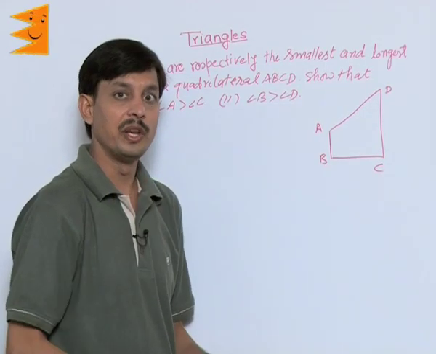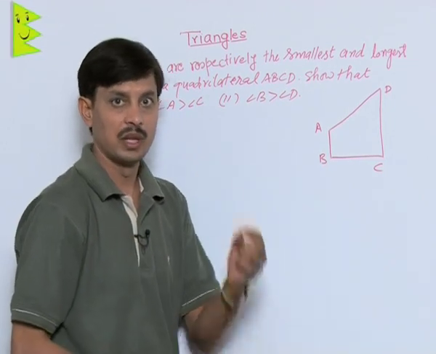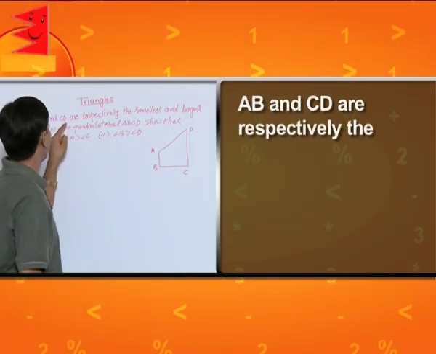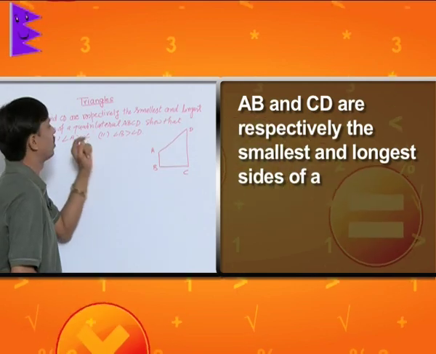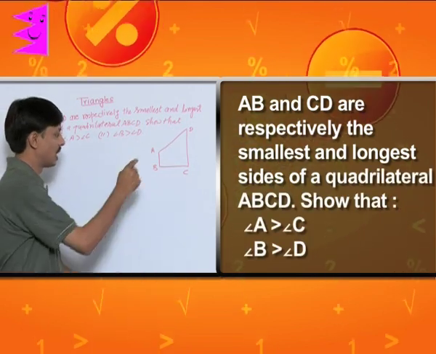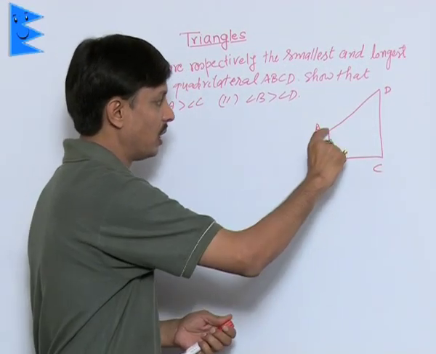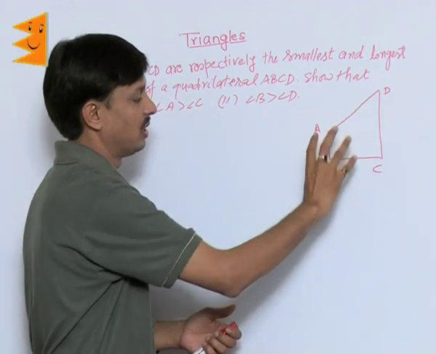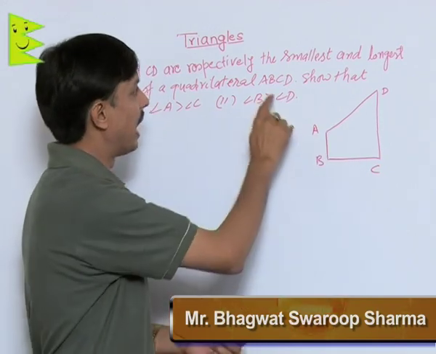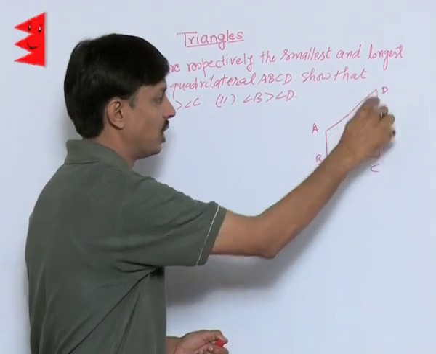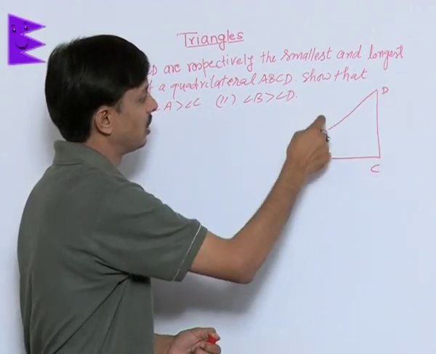Now I want to explain one problem where we will use the inequalities of triangle. The question is that AB and CD are respectively the smallest and longest sides of a quadrilateral ABCD. ABCD is a quadrilateral where AB is the smallest side, that is AB is smaller than BC, CD and AD, and CD is the longest, meaning CD is greater than BC, CD is greater than AD, CD is greater than